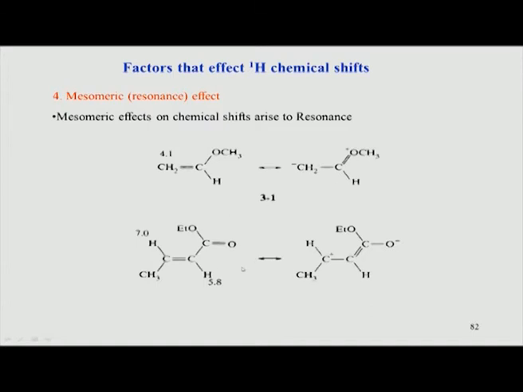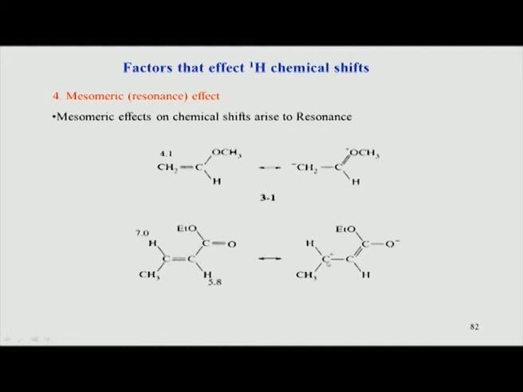Similarly, if you look at this picture here, again there is a resonance effect. Because it accumulates a positive charge through resonance, you can see that this carbon has become positively charged. What does it mean? It means that it has lost electron density. So, it has a propensity to lose electron density towards the carbonyl. It is an alpha beta unsaturated system.